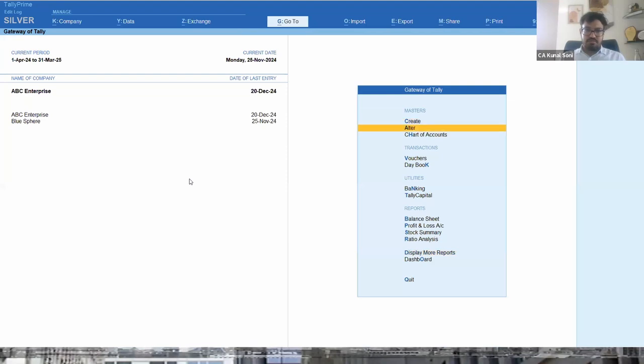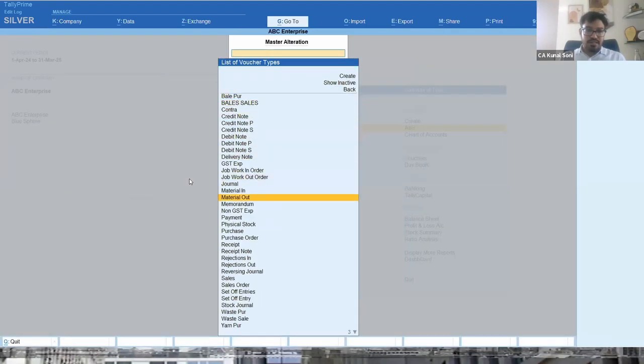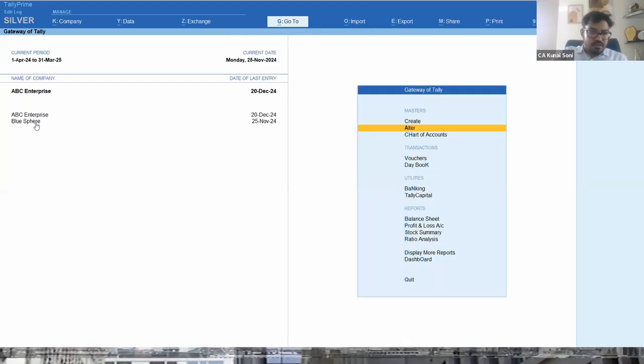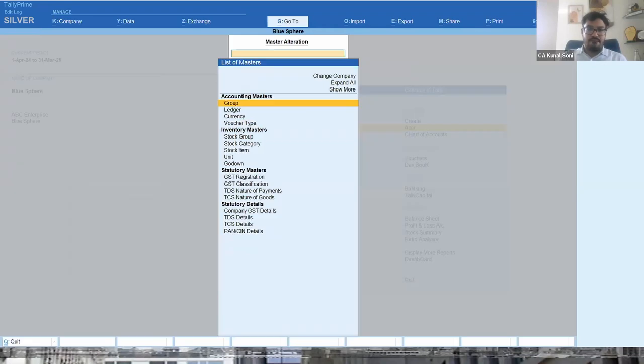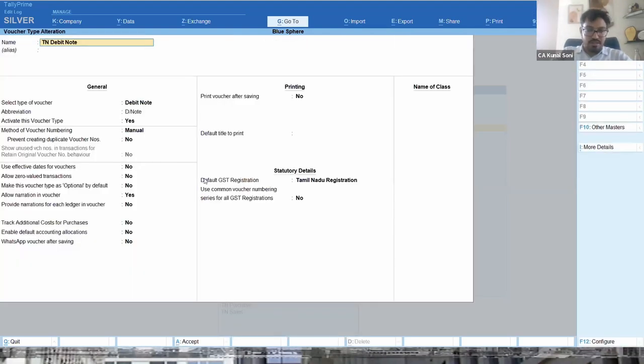So just to brief you, particularly these are Karnataka purchase, payments, receipt, sales; Maharashtra credit note, receipt, sales; then similarly Tamil Nadu credit note, receipt, sale. So you need to configure your voucher types accordingly so that you could use this particular feature for multiple